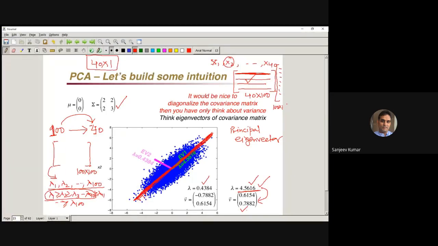Hello, sir? Yes, yes. Sir, suppose on finding the top 40 eigenvalues, we find the corresponding eigenvectors. But suppose for a particular eigenvalue we get multiple eigenvectors, I mean the geometric multiplicity is more than one. In that case, what do we have to do?